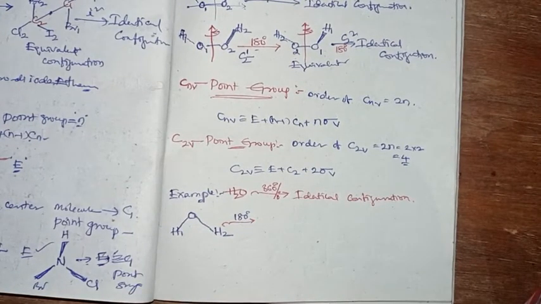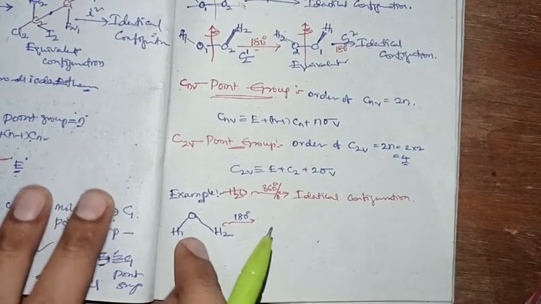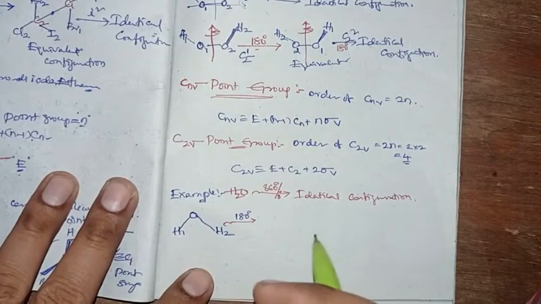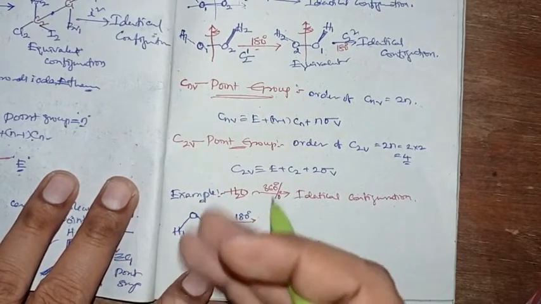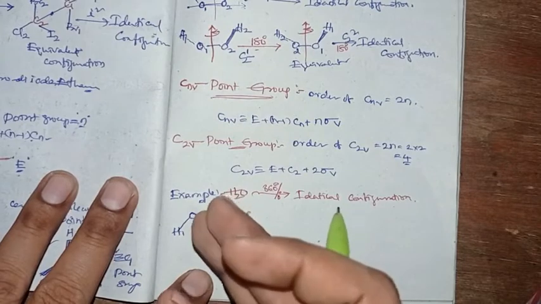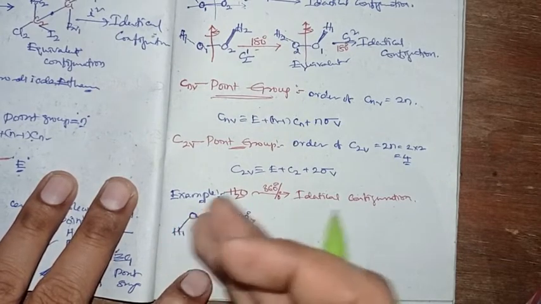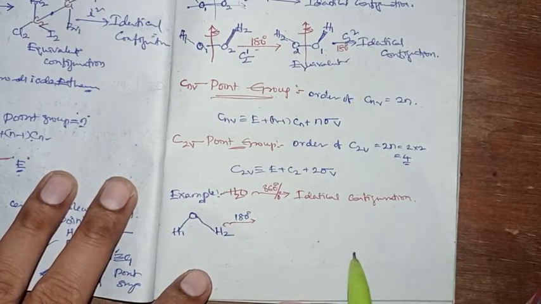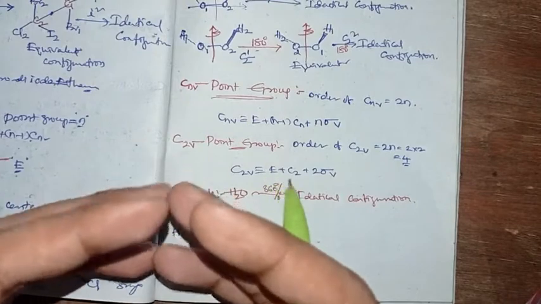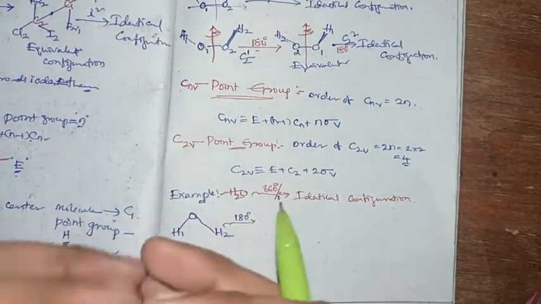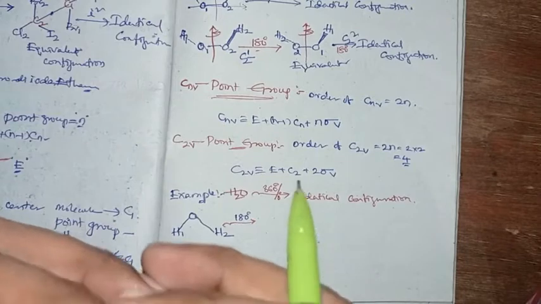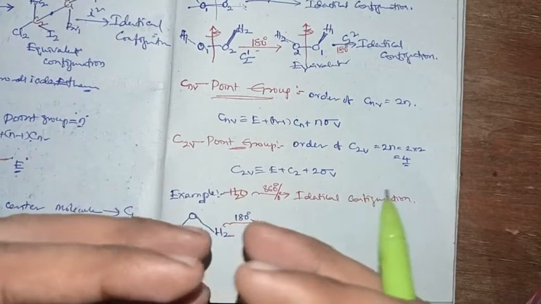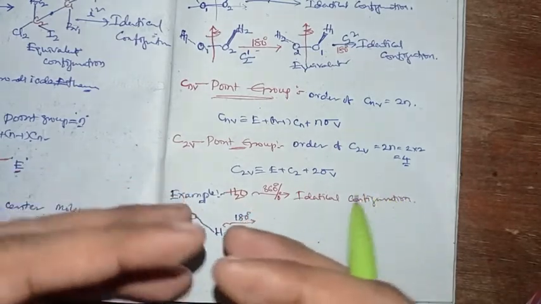Here I even expressed the C2v point group in the water molecule. Just recollect how we take the orientation of the imaginary axis in the molecule, and how the rotation of 180 degrees generates the equivalent configuration. Even if you are not recollecting, you can go with the third video that I gave, on how to easily learn symmetry. There I gave the hints.